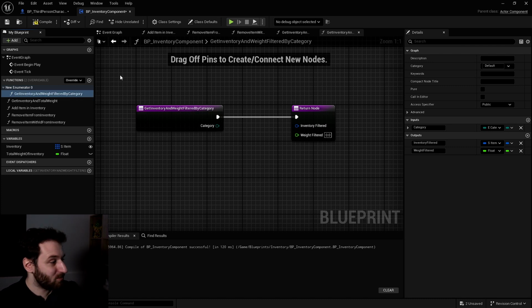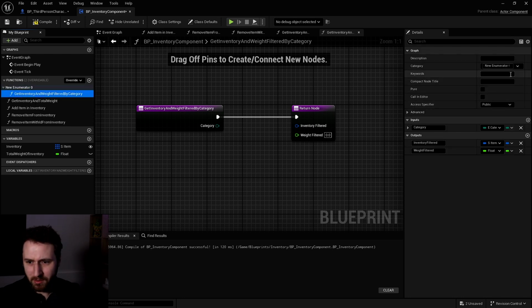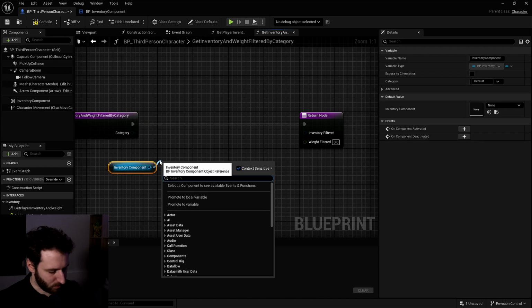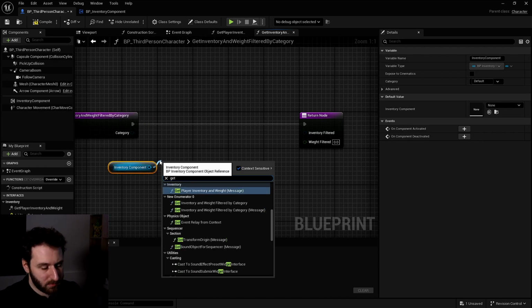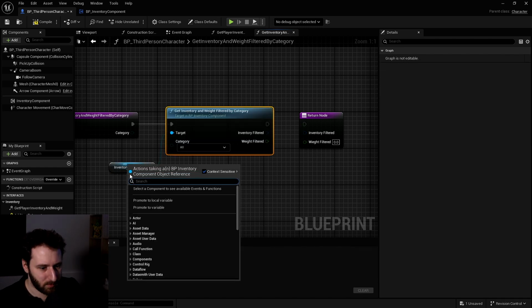Let me know if you have the same issue. You want to try to put it into an enumerator all the time. It's like a category. You want to put in this new enumerator 0 category. I don't know why, but it's okay. Inventory component. Maybe it's a bug from the 5.5.1 because you can see in here it's under new enumerator 0. Let's keep going on with it.